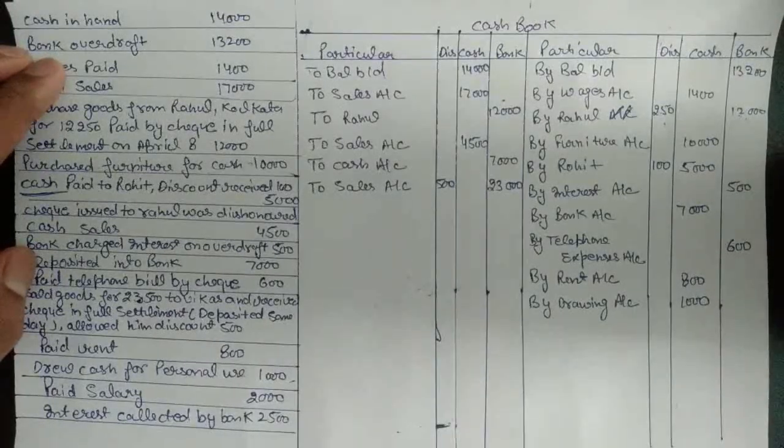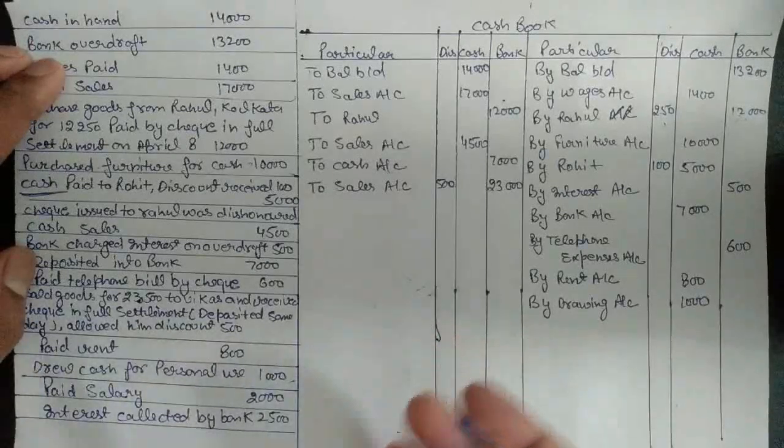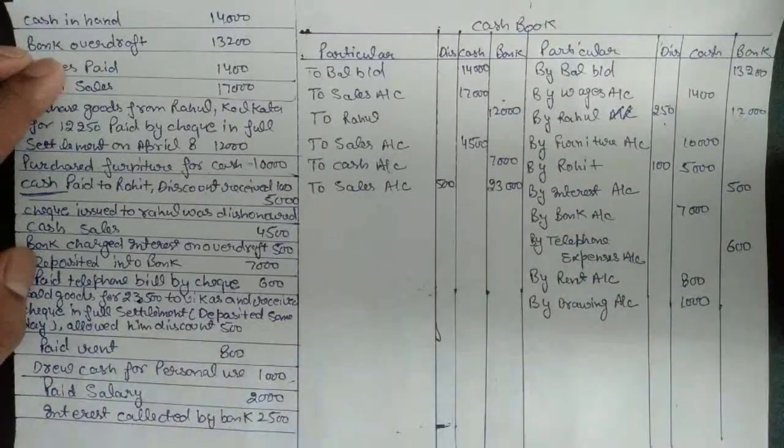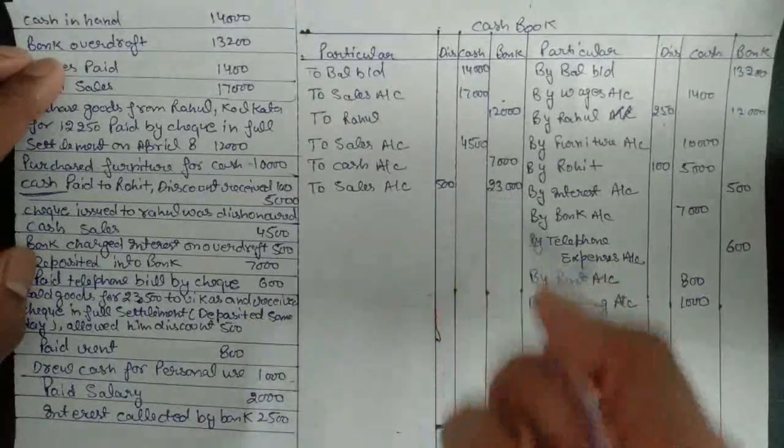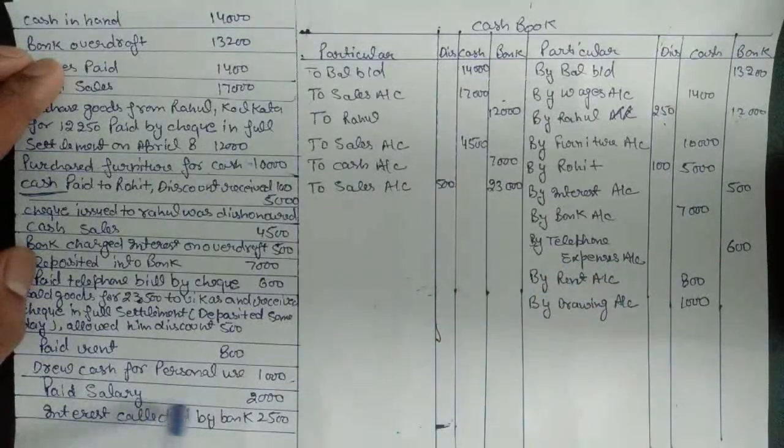We are receiving cash into the business and we are paying cash to the bank, so that was a contra entry. But in this case we are withdrawing cash, so if we were depositing that cash into bank, we could increase bank and it would be a contra entry. But because we are withdrawing that cash for personal use, we will put it in the name of drawing only.